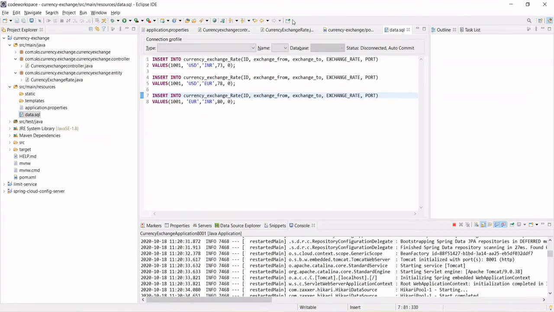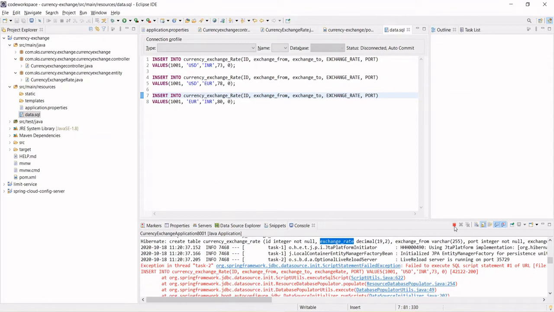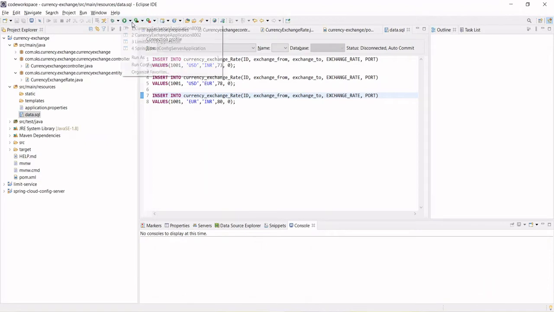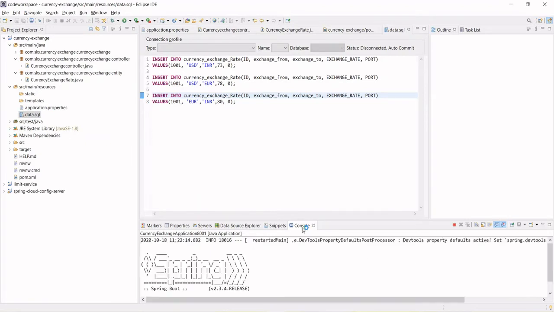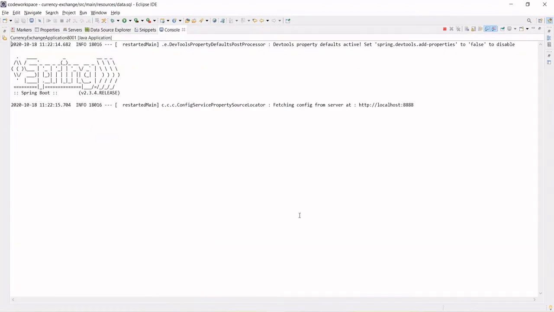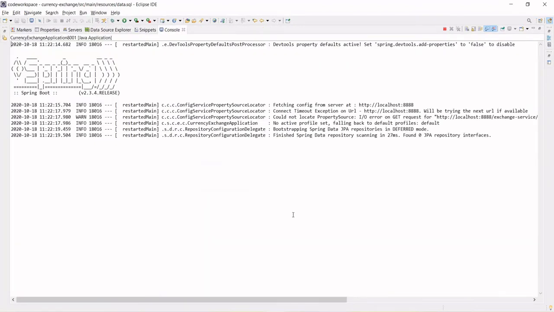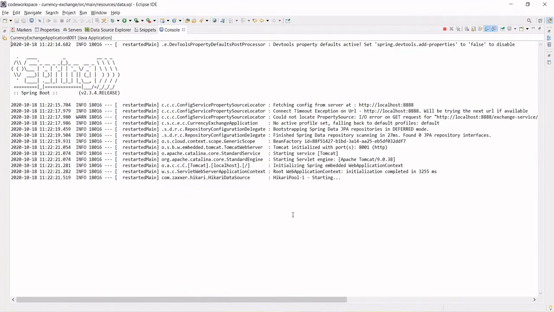Save this. Once saved, again restart this, 1001, and see if any other errors are coming. So this is how you have to debug.